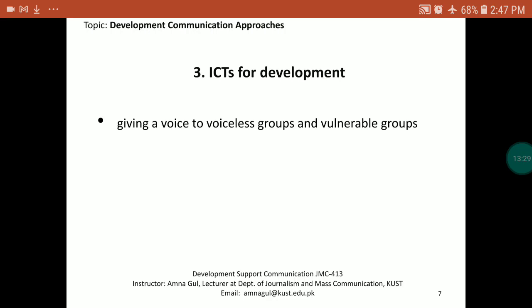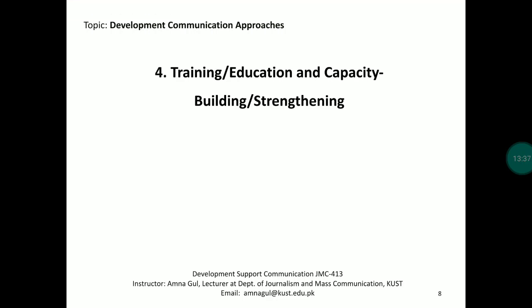Then the fourth, which is training or education and capacity building or strengthening. In cooperation with local training and development centers and universities, vocational and follow-up training systems are developed, implemented, and evaluated. This could be training for agency personnel and technicians, as well as the training of professional groups of journalists or development communicators. To improve the quality of output and bilateral communication flows, exchange programs and networking are being developed.